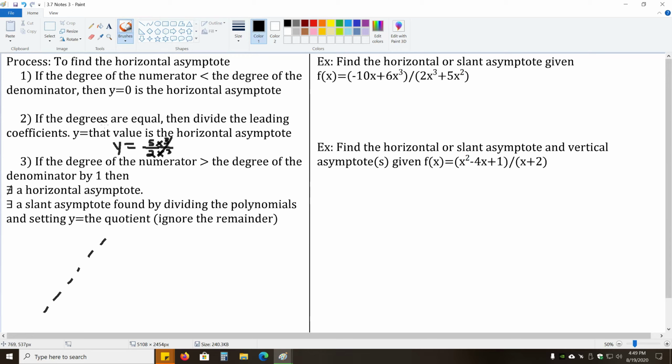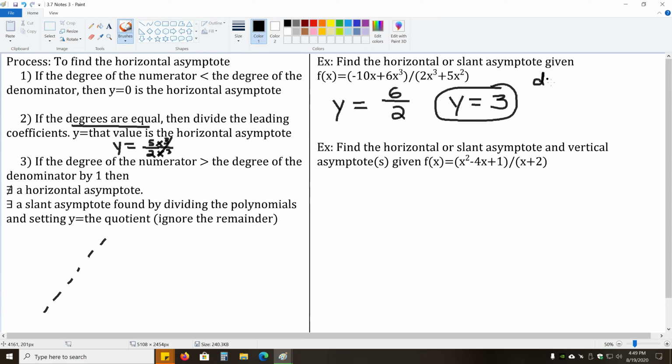So our formula says if the degrees are equal, set y equal to the lead coefficient of the numerator, which is 6, a positive 6, over the lead coefficient of the denominator, which is 2, again a positive 2. So y equals 3 is the horizontal asymptote,